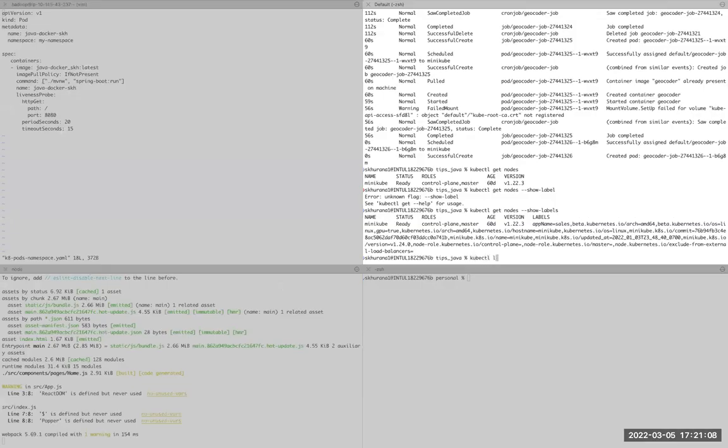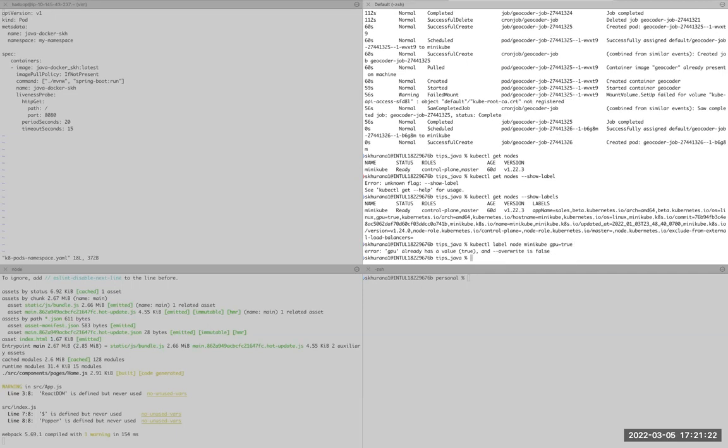kubectl label node, and this is the node name minikube, and I will say GPU equal to true. Okay, I think somewhere GPU equal to true is already here. Do you see app name Kubernetes